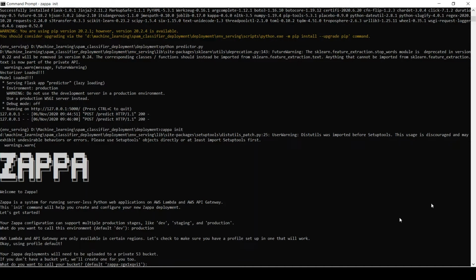Press enter, and now it's asking for the bucket name. So Zappa will use this bucket name for storing any artifacts used during model deployment, right? So it will use that as a storage and will manage any deployment activity from this bucket, right? So I will leave it as default. Press enter,